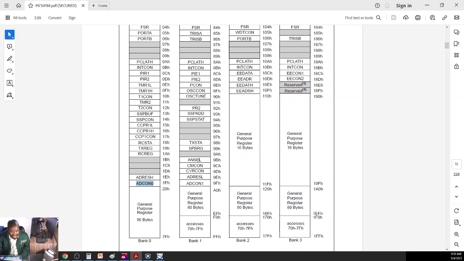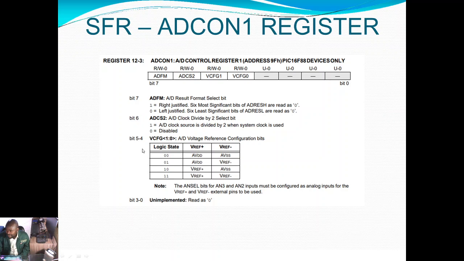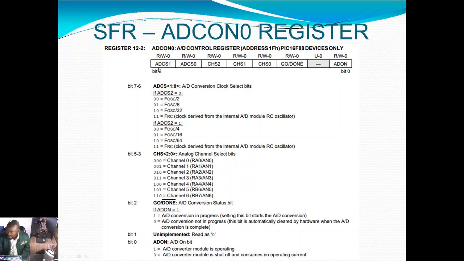For me to perform ADC, according to this lookup table, after setting all of these up, I need to go perform ADC on RA0. For me to perform ADC, I need to make use of the ADCON 0 register. And specifically, I want to perform ADC on RA0 channel. So on ADCON 0,